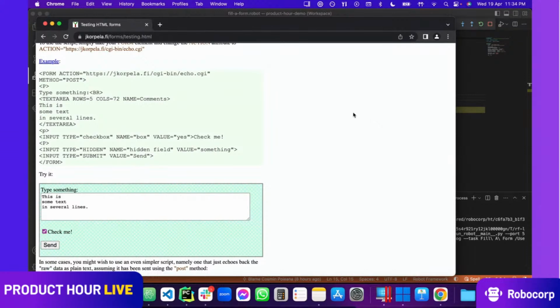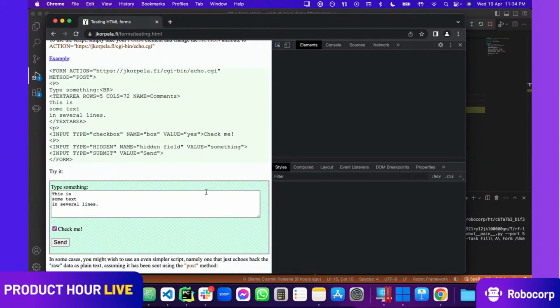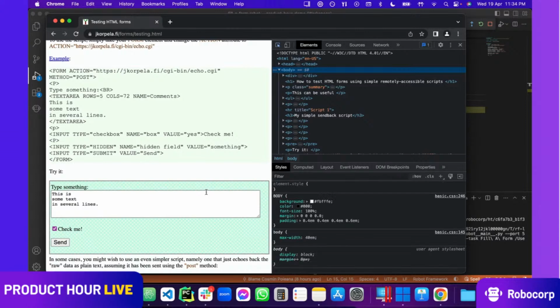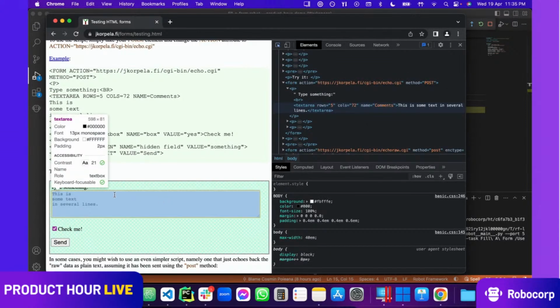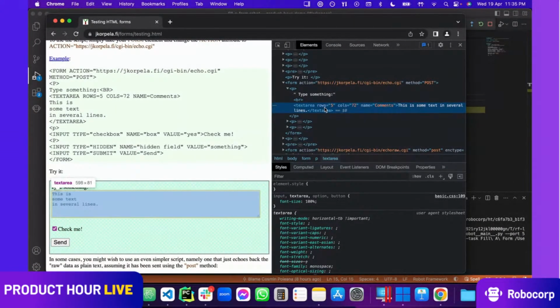You can use the inspector, our inspector in VS Code, but that's a whole different discussion. Or you can just open the developer tools with Command-Shift-C. I'll be pressing that now. This helps me inspect the elements here in the page, and also target them. Like, I'm interested in this text area. Let's say I want to automate this or insert something inside. Once I click that, I can see here on the right side that there is a text area. That's not too useful for me right now, but I see a name, comments.